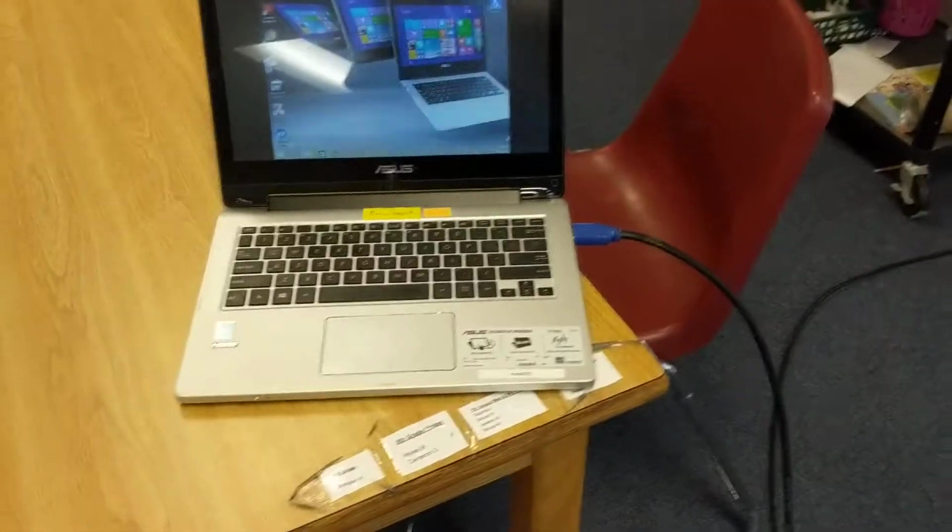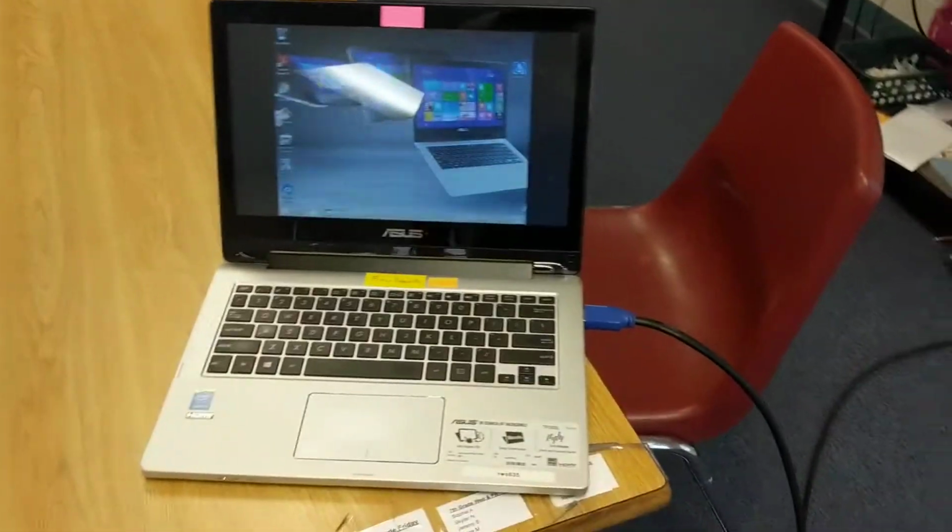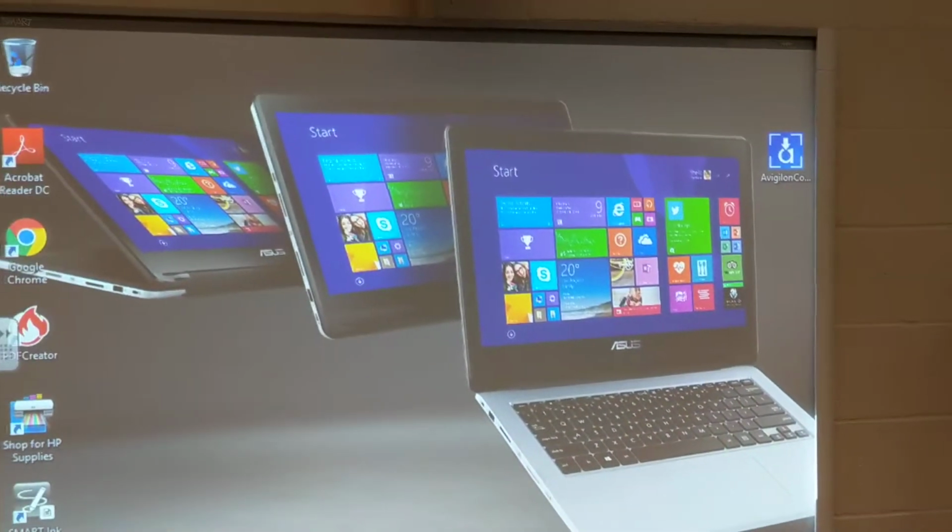So this isn't the way I wanted to do this training, but since it's a short subject, I'll go ahead and just do it with my camera. So what we're talking about is extended desktop. And what I have here is my laptop with the HDMI cable plugged in to a SMARTboard. It goes into the wall, and on the SMARTboard, there's a projector. And you see the duplicate image